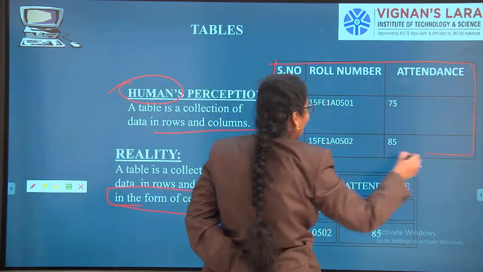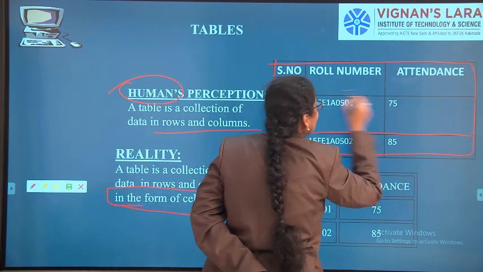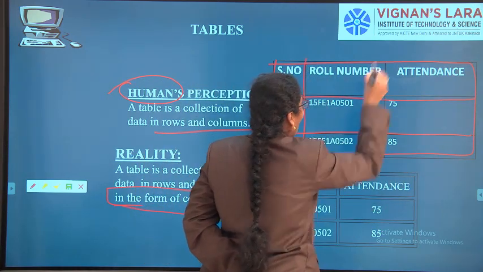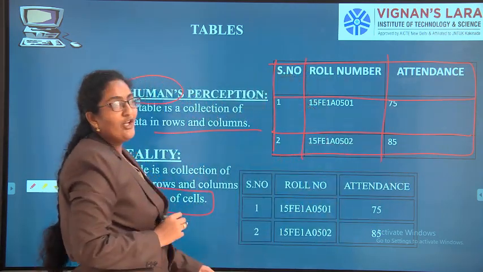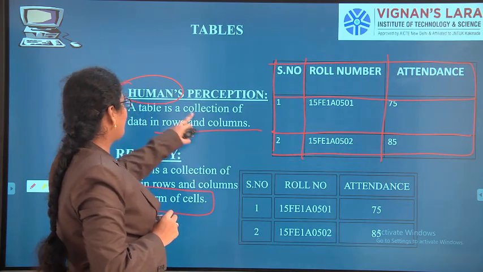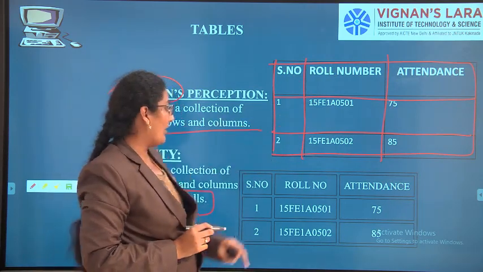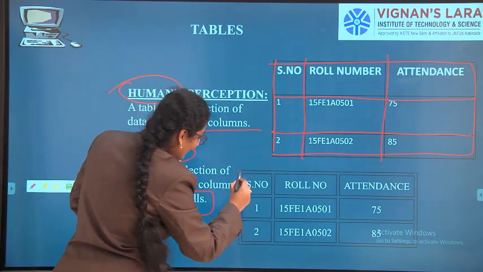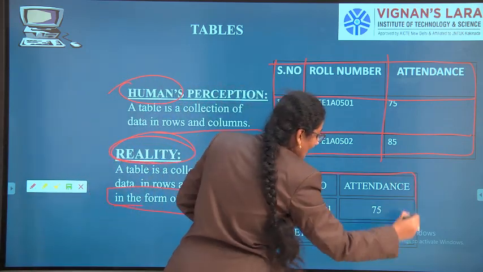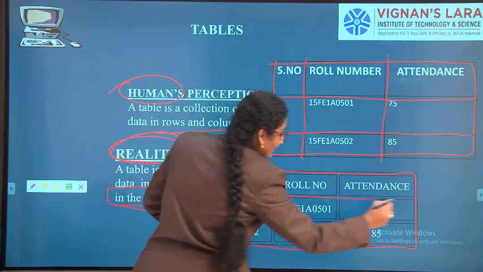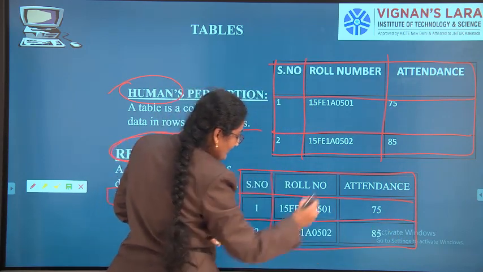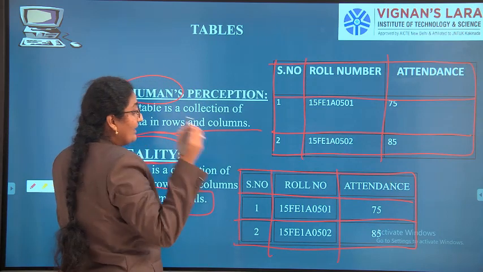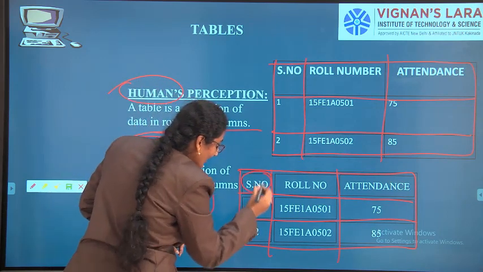See here, what human beings will think. We have a table like this. We have rows and we have columns also. Every human being will think table is just a collection of rows and columns. But what is reality? Table is a collection of rows and a collection of columns in the form of cells.